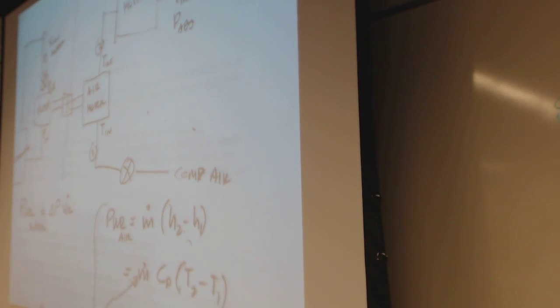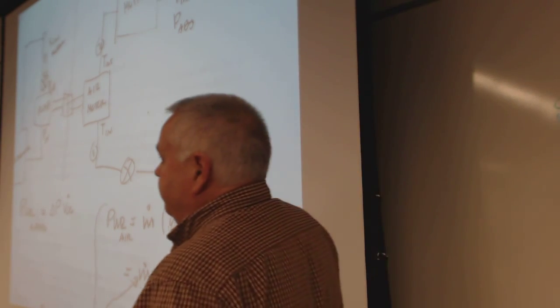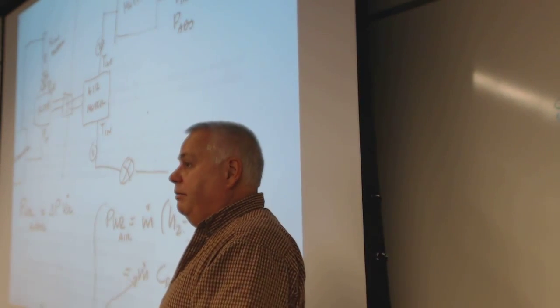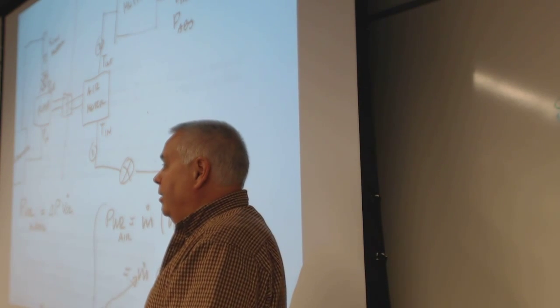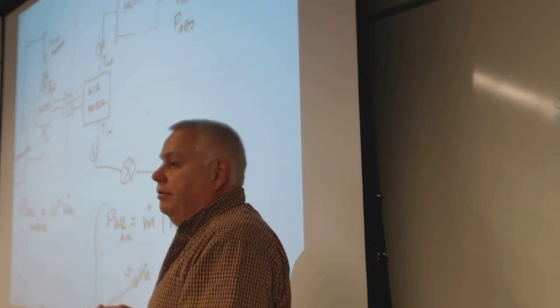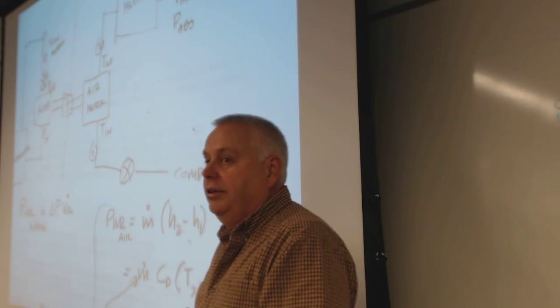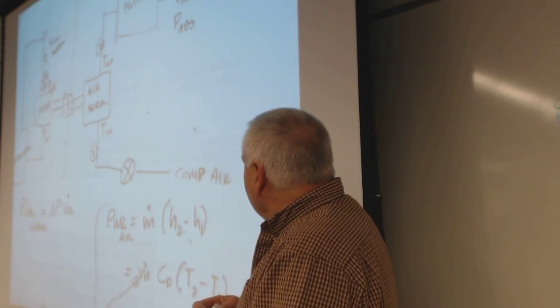Because if it's not an absolute pressure, we could get a gauge pressure, but then if we don't know what the room pressure is, we could be off. That would be a source of error. So,